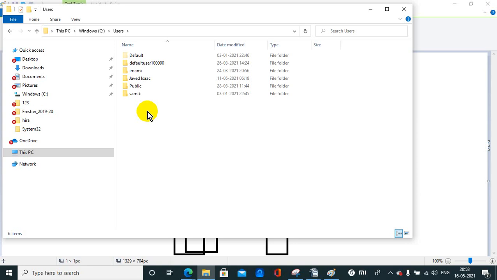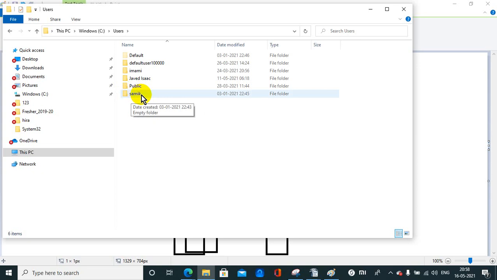If suppose he is facing an issue with application A, and is also accessing application B, and his session is there, in that case you would not be able to rename that profile. So first intimate the user to please log off completely from Citrix. Once he logs off, then you rename the profile.